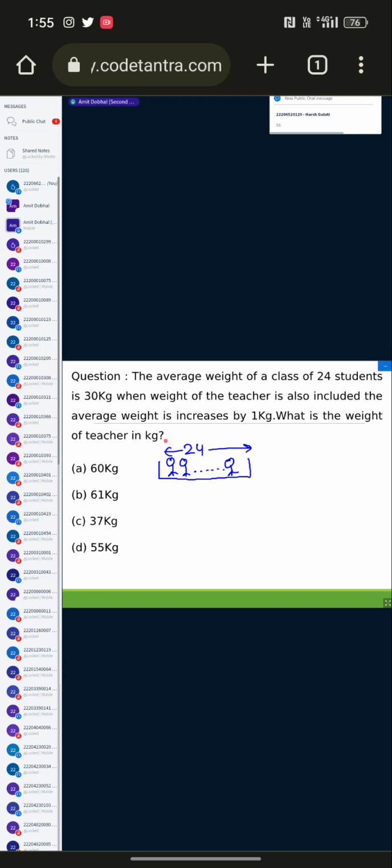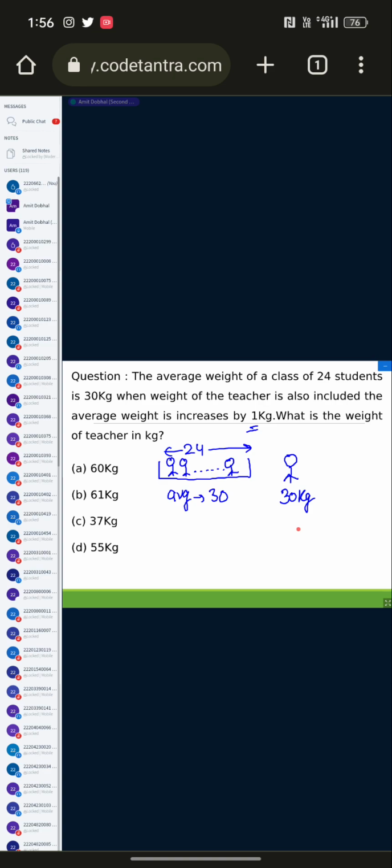Okay, and the average is 30. So average is 30. Now, when the teacher is also included, the average weight is increased by 1 kg. So again, first point is we will assume the teacher's weight is also 30 kg. ठीक है, but due to this there is no effect in the average. ठीक है, अगर ये भी 30 kg का होता तो कोई effect नहीं पड़ता।